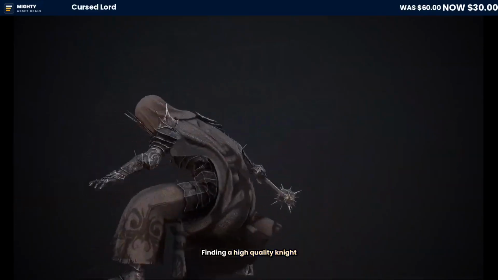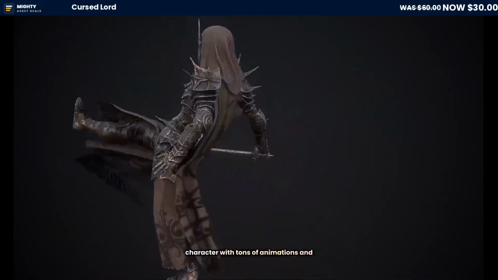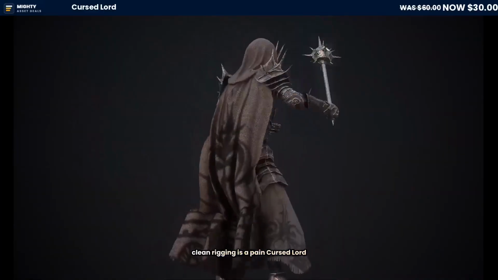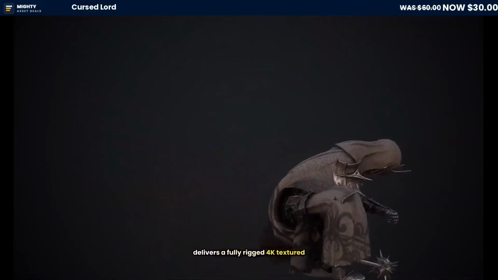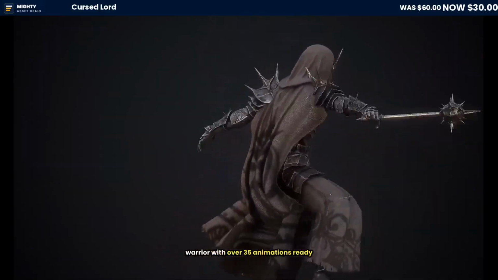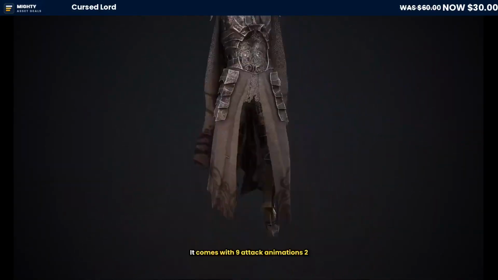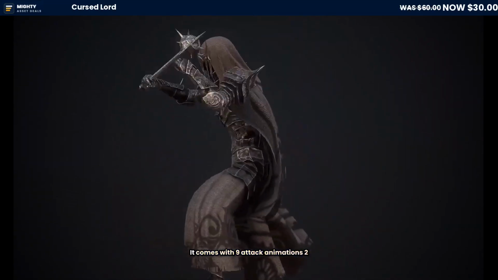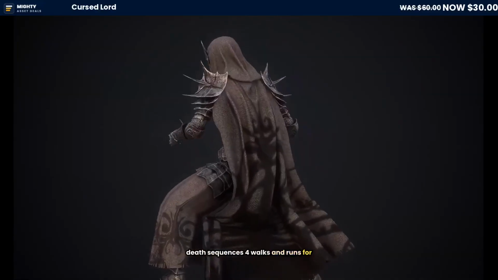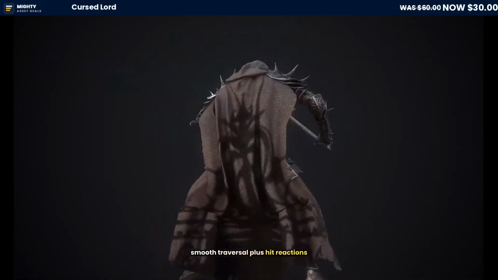Finding a high-quality night character with tons of animations and clean rigging is a pain. Cursed Lord delivers a fully rigged, 4K textured warrior with over 35 animations ready to go. It comes with 9 attack animations, 2 death sequences, 4 walks, and runs for smooth traversal, plus hit reactions and